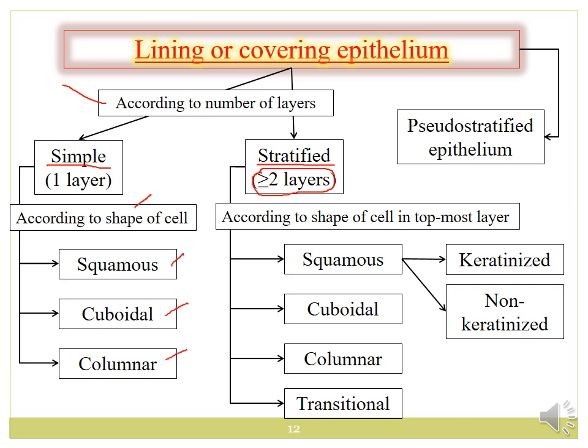So this means that the simple epithelium could be either squamous, cuboidal, or columnar. When we come to the stratified epithelium, it is formed of multiple layers. So in the second step, we ask ourselves, what is the shape of the cells in the topmost layer of this epithelium. Now, what do we mean by the topmost layer? So if I have